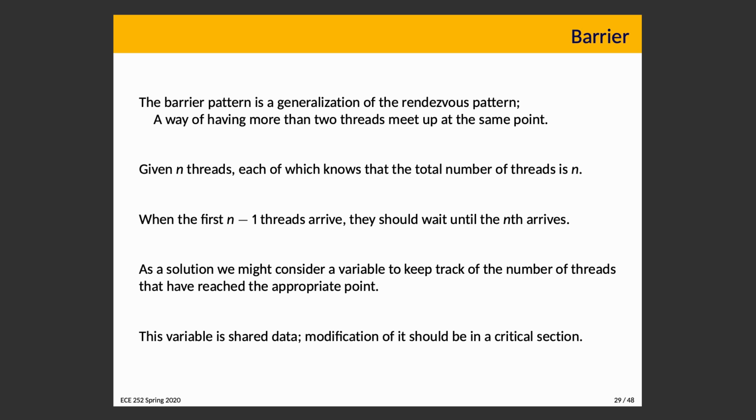So, given n threads, each of which knows that the total number of threads is n, the behavior that we're looking for is that when the first n-1 threads arrive, they should wait until the last one gets there. As a solution, you could keep track of the number of threads that have arrived at a given point. This is going to be shared data. If they're each going to increment this count saying, oh, I have arrived, then we have to put that in